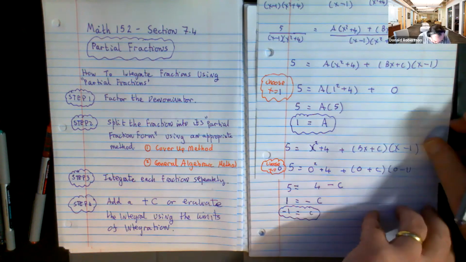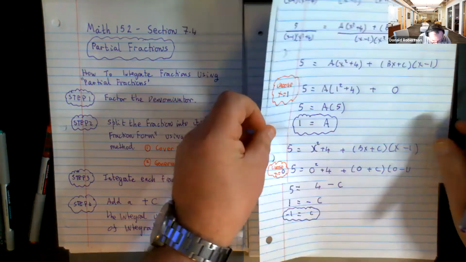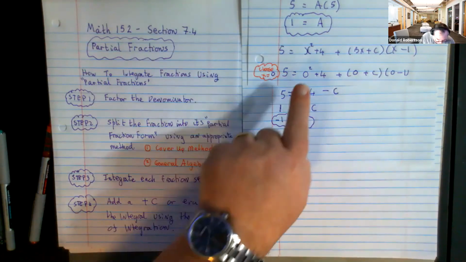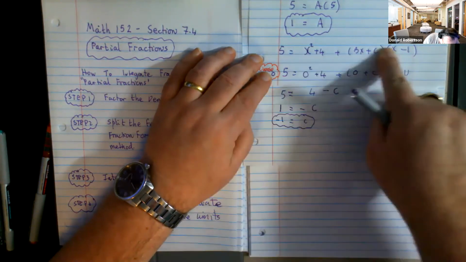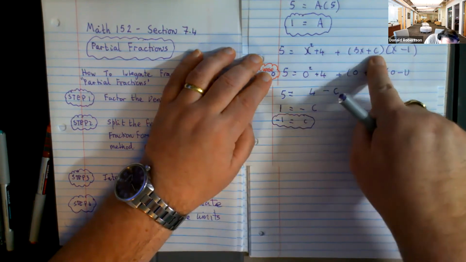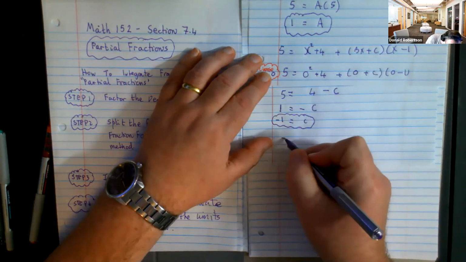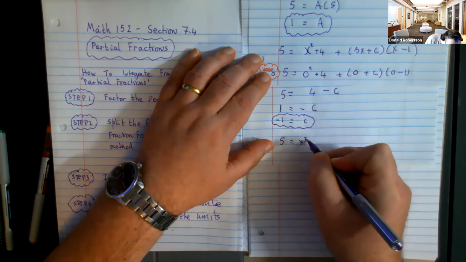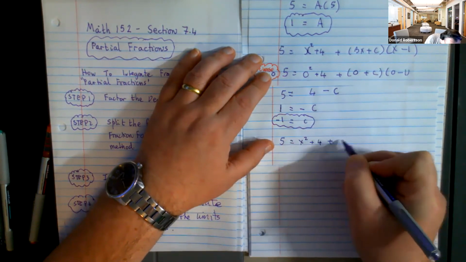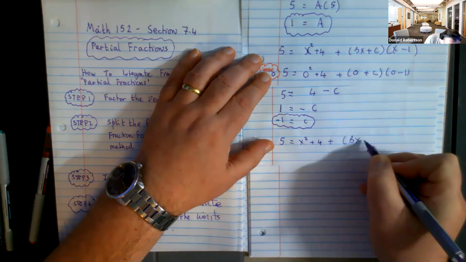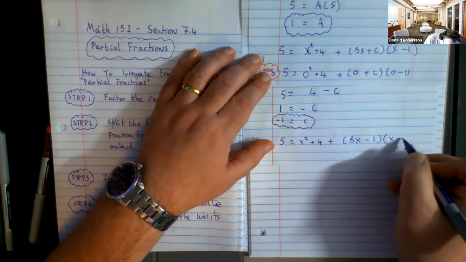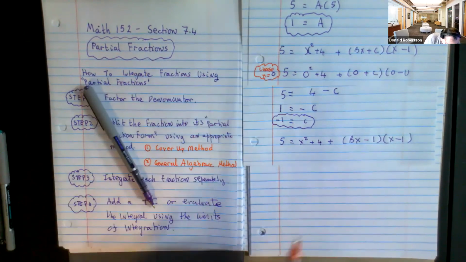Now, once you know, as we do, that C is -1, you go to the last one you wrote down and replace the C, that's this guy here, with -1. So now I have x squared plus 4 plus bx take away 1, x minus 1. And now we can do